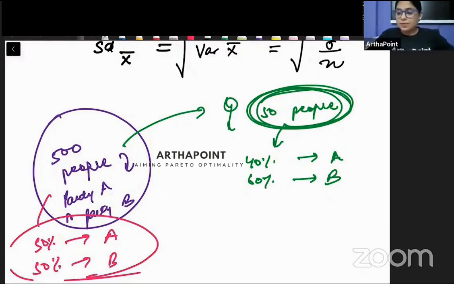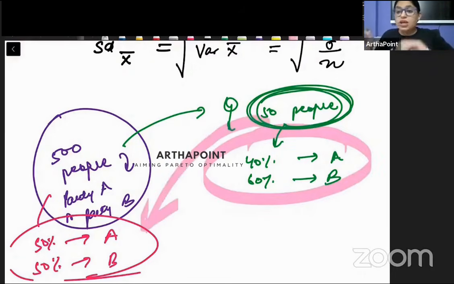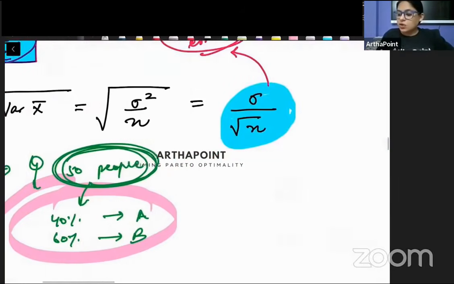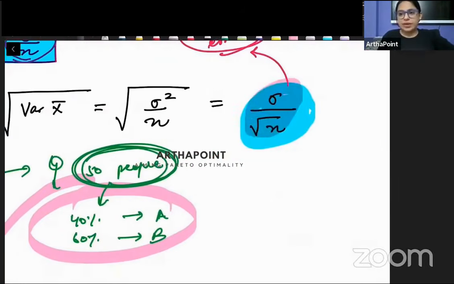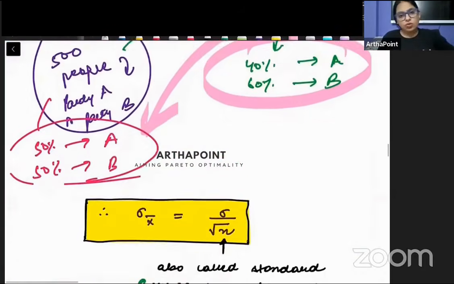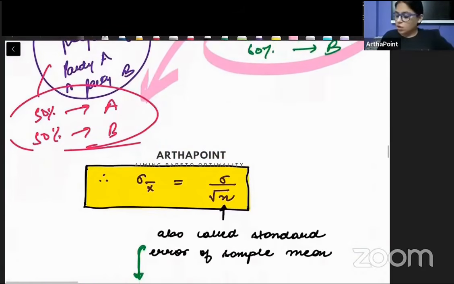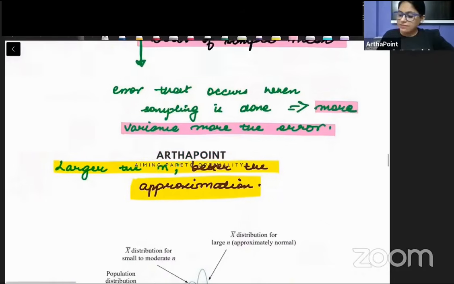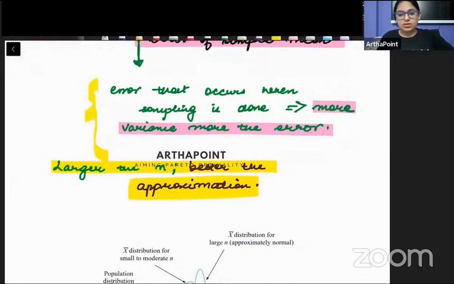सैंपल में जो भी आपका इंफॉर्मेशन आ रहा है, whatever answer you are getting, it is going to be close to population, but it will not be exactly equal to population. There will be some error that you will be committing, and that error becomes the standard error. So the formula for standard error is sigma by root n. Am I clear with it? Okay, beta. So this is also known as the standard error of the sample mean. And why I am committing error, I have also cleared this out.